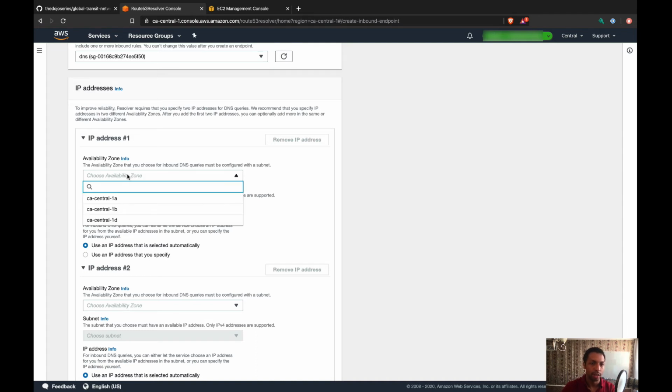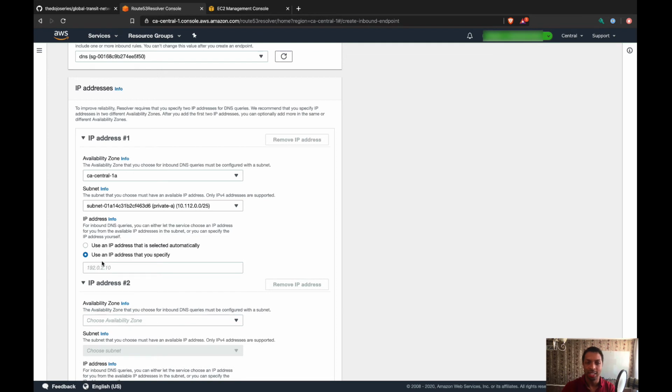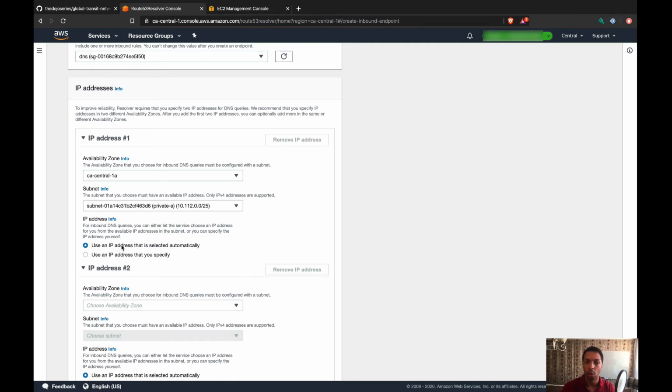Now we need to choose an availability zone. So I'm going to go with Central A, and I have a subnet there. And here you have 2 options. The IP address can either be chosen automatically for you, so you don't have to worry about this, or you can specify one if you want to hard code it. For now, we're going to do automatically, but bear in mind that at least right now in July 2020,